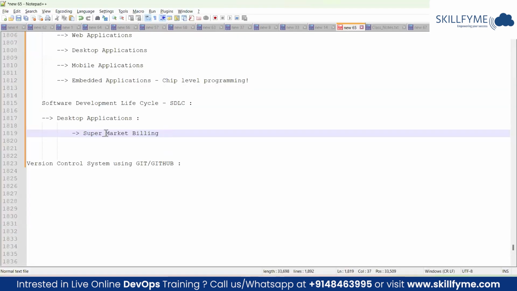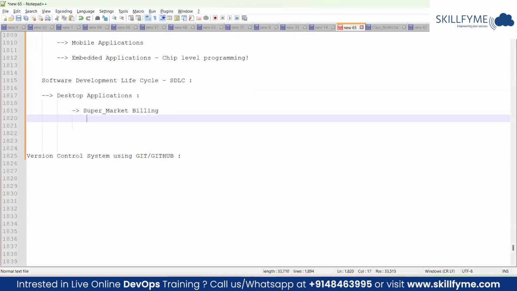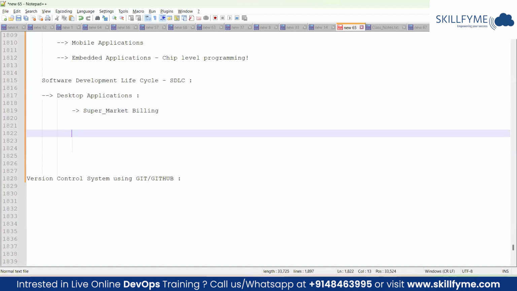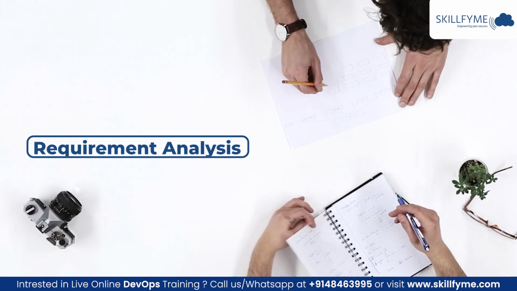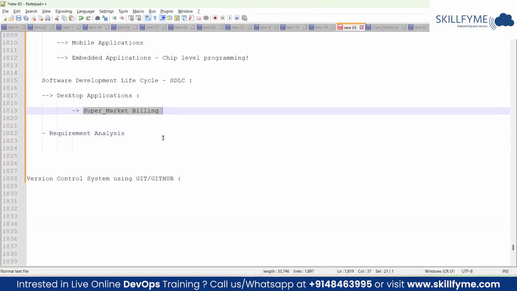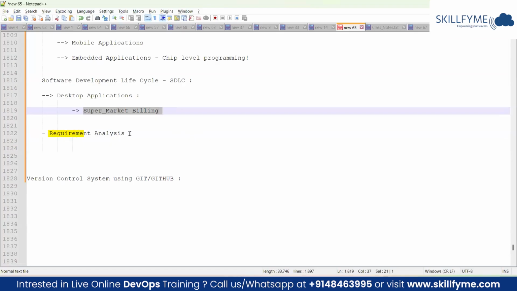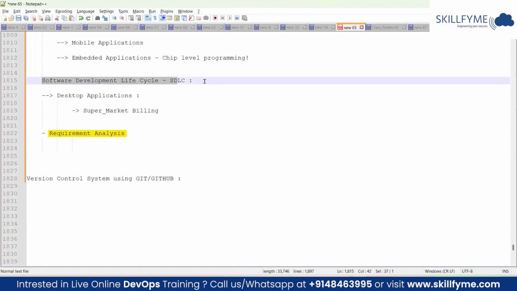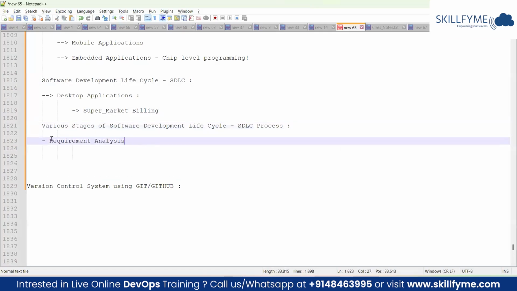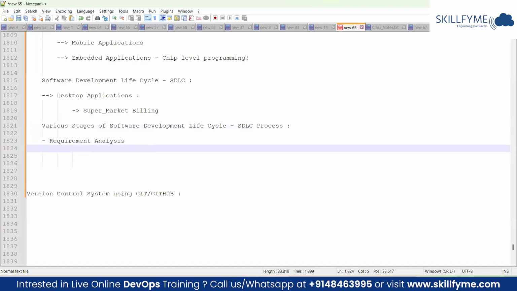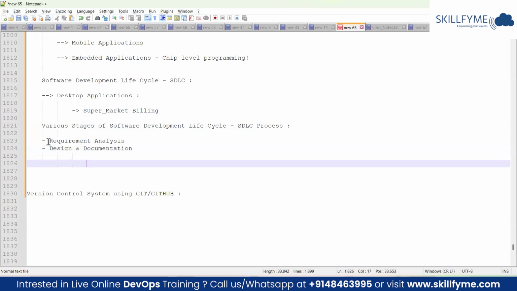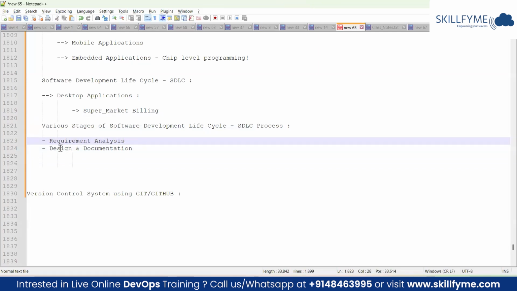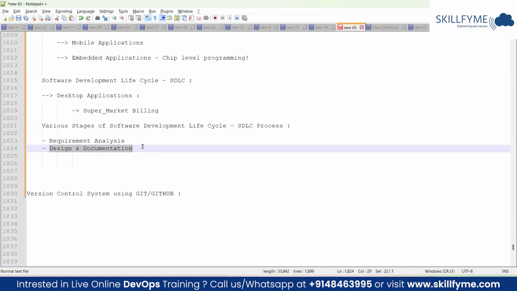So for this particular software development, before we actually develop this software, what we do here is requirement analysis. So requirement analysis means what is the actual requirement? You have to sit with the customer and understand the requirement in detail. That is what requirement analysis means. That is the very first stage in your SDLC process. So once you understand the requirement, you have to properly document it. It can be done through some design, because whatever you have analyzed here has to be properly documented. Then only we can effectively develop this software.